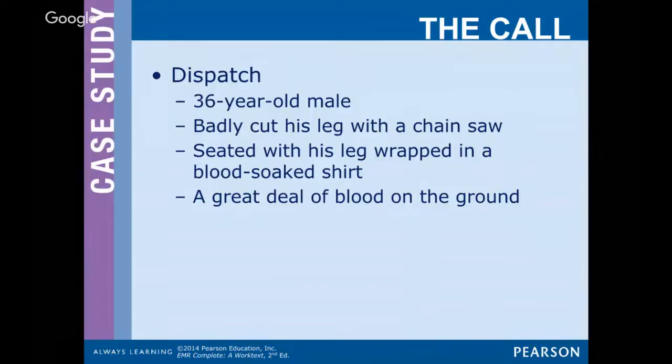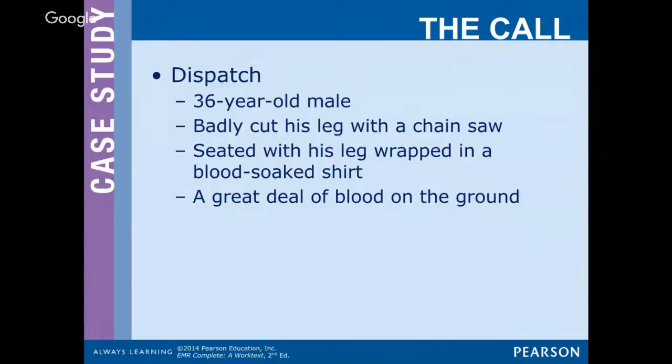For the ones who have read it, and everybody for that matter, what are some important things we're looking at as we're walking up on this guy? He's got a lot of blood. In the book there's something about